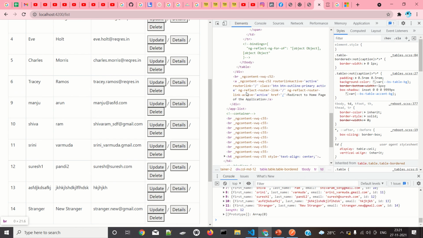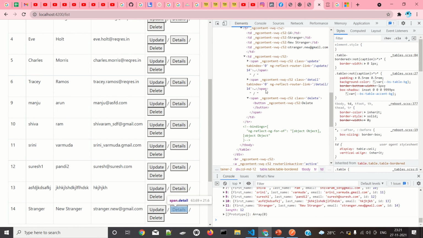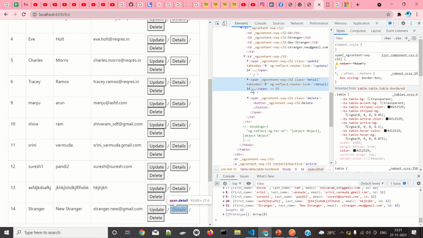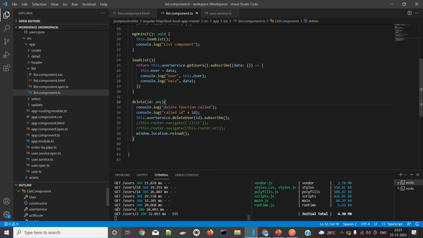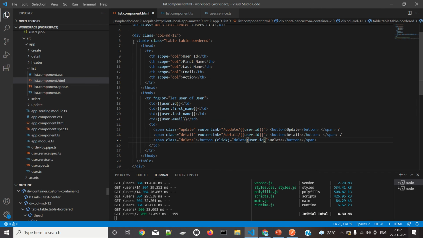So we already see this right here. Yes, we will get the ID along with that, so that we can delete it. So for delete we don't have the user ID because I didn't show it. It is directly a button click function, because here we are routing it so that we give this user.id, but here we just call a delete function which is present inside this list component.ts. So calling within this as a method, so this user ID is not present there.